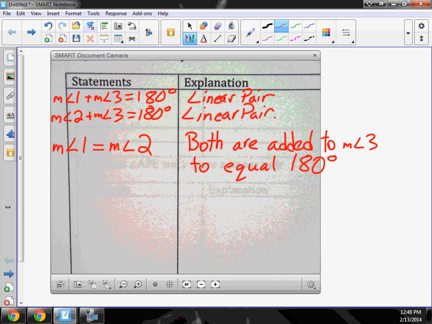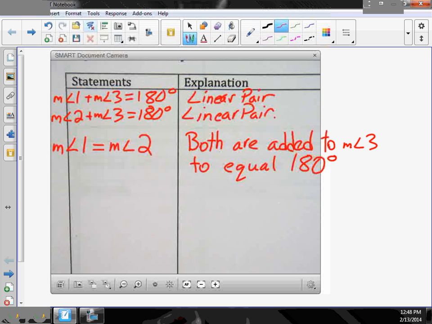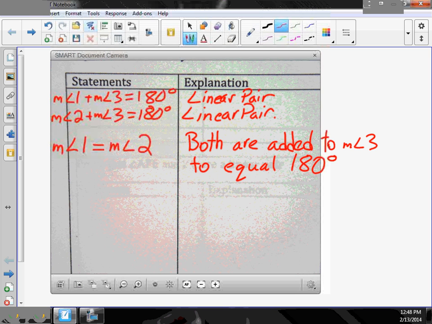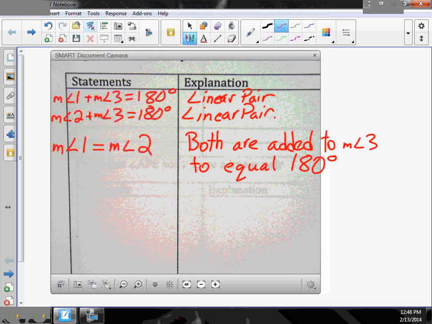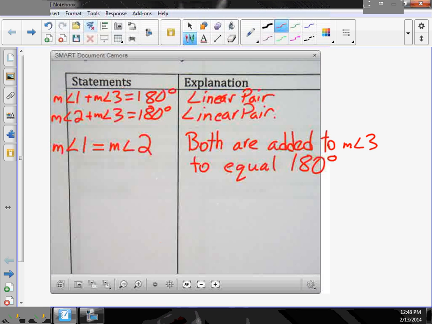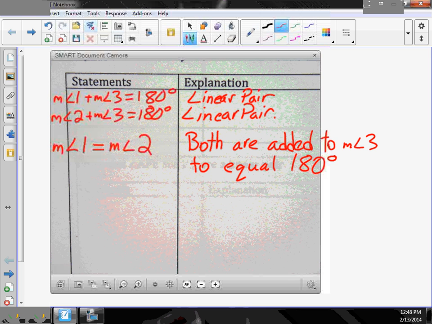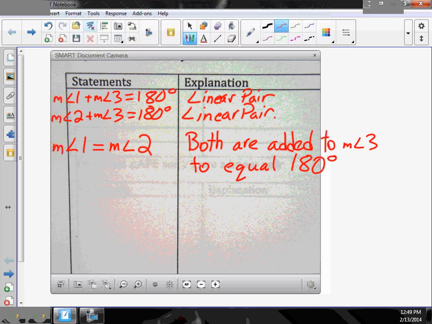And technically, we haven't proven the statement that it asked for. Well, what is it asking for? It wants to know that the angles are congruent. What did we prove? We proved that the measures are equal. What's the difference between congruent and equal measure? Well, they mean the same thing. Well, I mean,